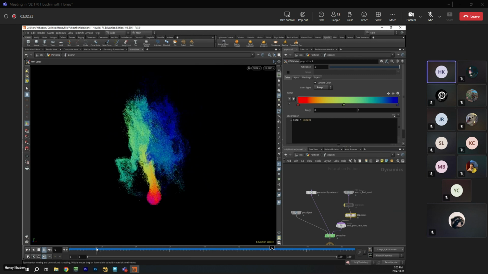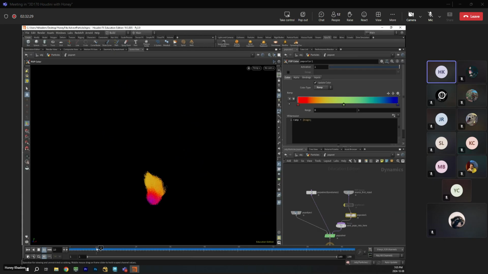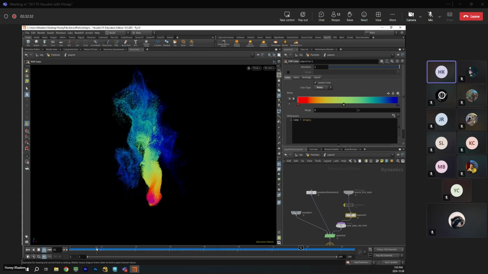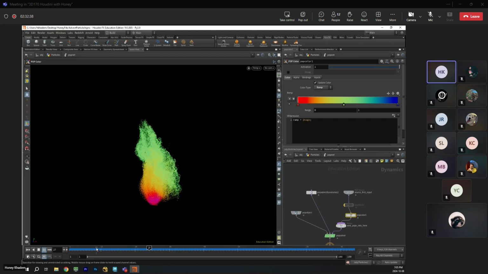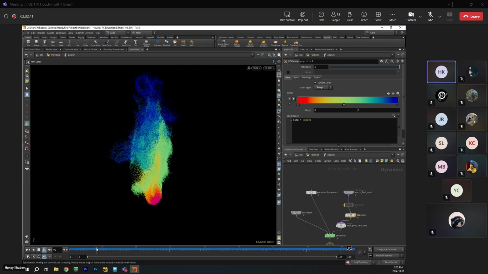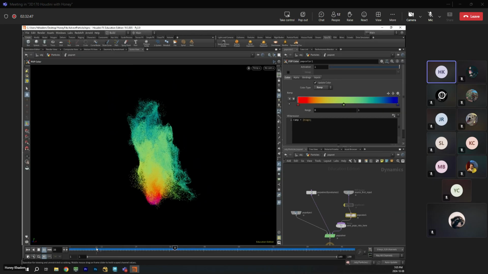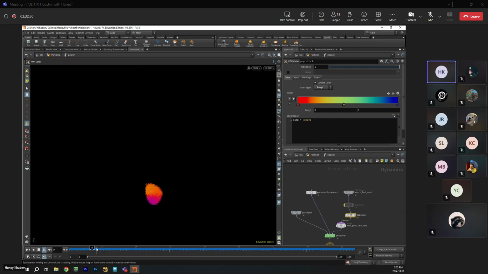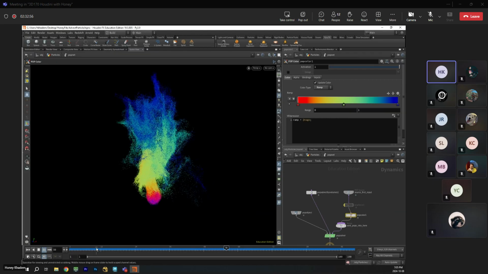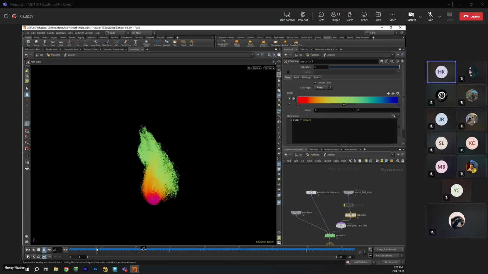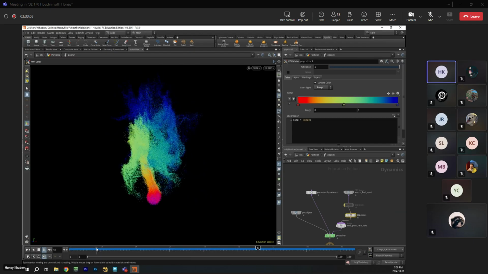We need points, we need voxels. Voxels are involved, and I'm going to explain about voxels and volume in the next session. What is moving them? Velocity. How are we doing that? We're applying velocity from outside of the dot network inside the dot network. That's exactly what I do right now. I calculate the velocity based off of the smoke simulation and bring that inside the pop simulation. Instead of using pop force, I said, I don't need the pop force, I need something more organic. I'm getting the velocity from the smoke simulation and now driving the particles with the smoke simulation velocity.